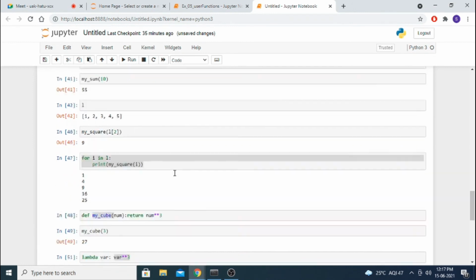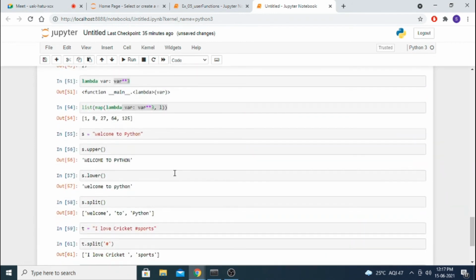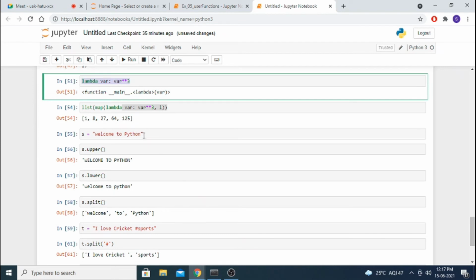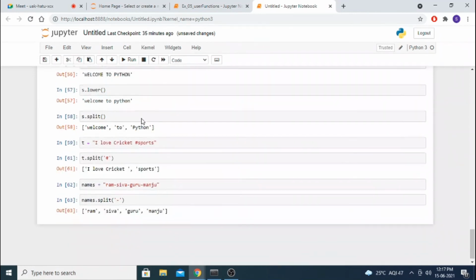And one more new thing called lambda. Lambda is nothing but the keyword lambda, your input variable, and what you want to return. If you want to use lambda, we have to use it with the map function for a list. We map it with the list, so all the elements in the list will be mapped and you will get the output. And the string function we created like this.